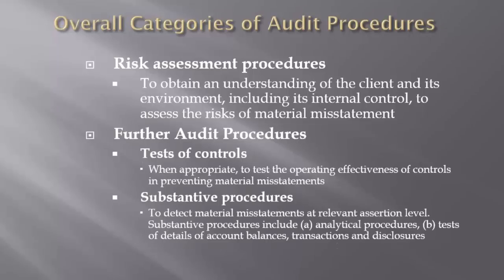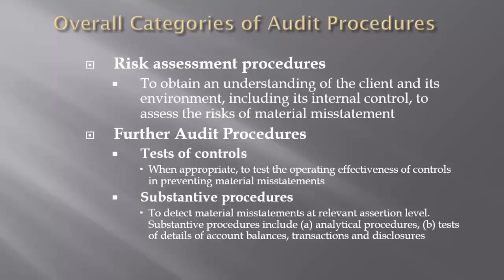We then do our test of controls. Our test of controls is where we are measuring our control risk. So our risk assessment procedures, and we'll talk about these, include things like analytical procedures, an assessment of the industry, of the client, of other items. Then we go into our test of controls. These two items define the risk of material misstatement. When we're doing our substantive procedures, we are then measuring the monetary misstatement. So we want to make sure that we understand this.